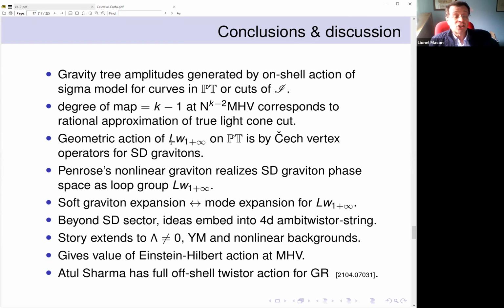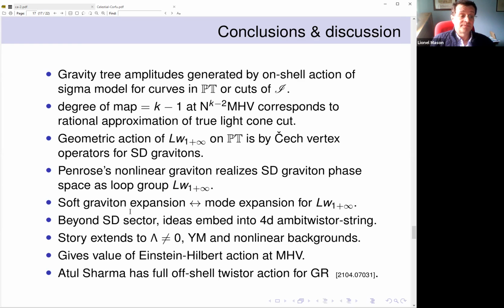And the geometric action of the W1 plus infinity is by Čech vertex operators for self-dual gravitons. You're really identifying the self-dual graviton phase space with the loop group LW1 plus infinity. I mean, there's maybe a little bit of slop here and there, but that's what we're doing. And this goes all the way back to Roger Penrose's original article, where he showed that you could glue together the nonlinear graviton with a generating function for the self-dual metric, expressed in terms of area preserving diffeomorphisms